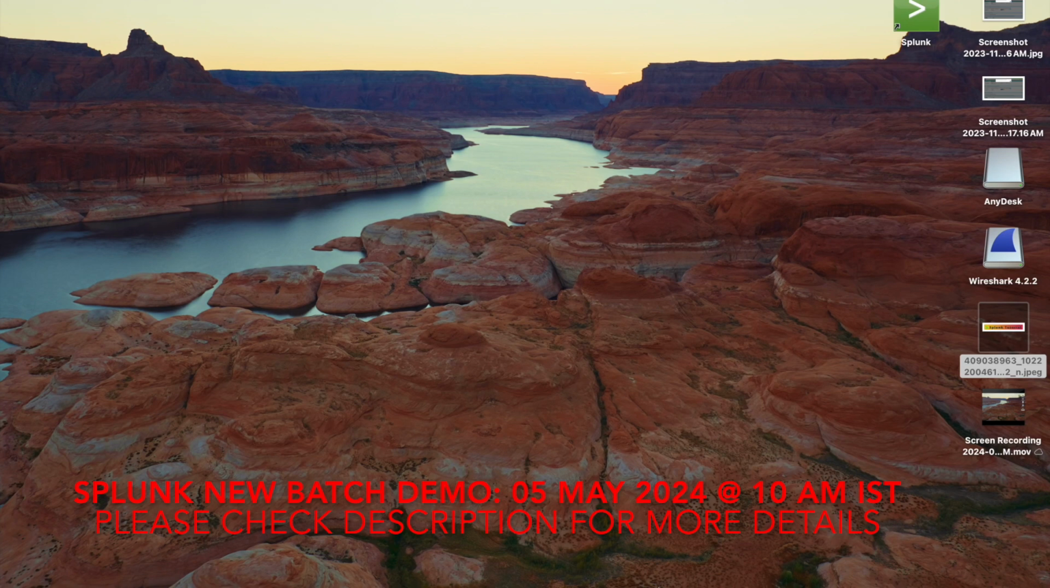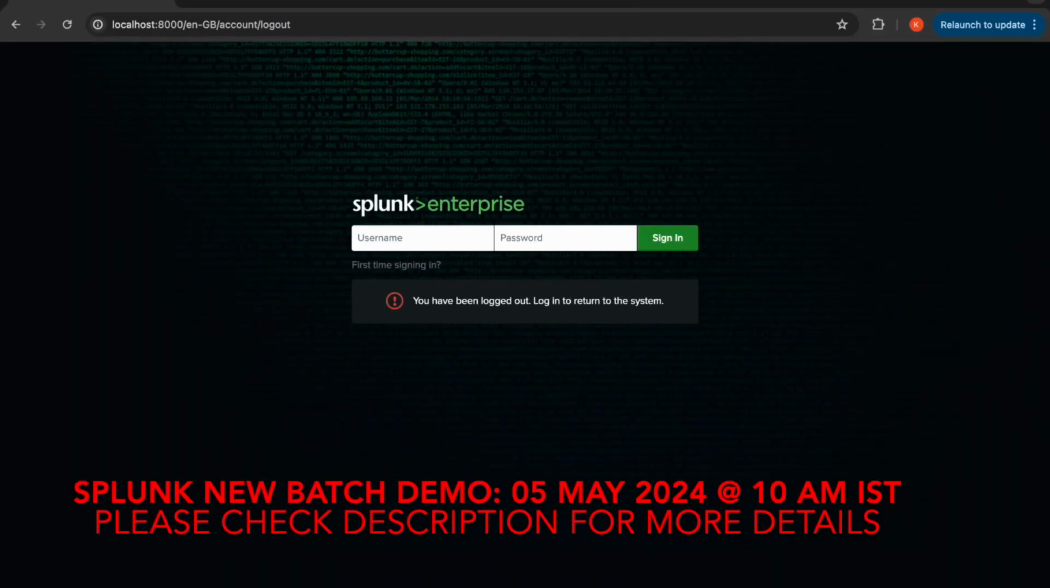Okay, so now let us see how to use these HTTP event collectors and ingest that particular data into Splunk. If I go to my Splunk web interface, this is my Splunk web interface. If I log in with my username and password,